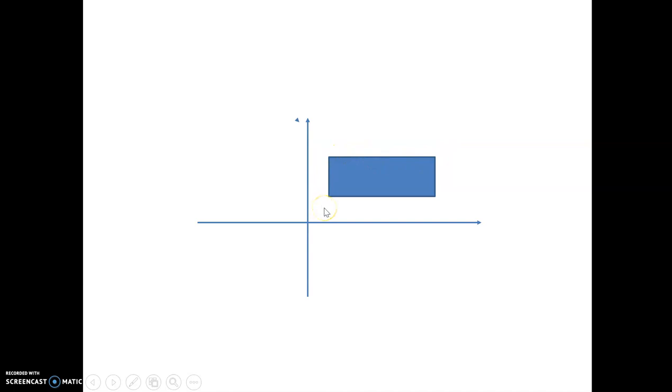The first and foremost thing is we need to tell from where we need to start constructing the rectangle. That is the point from where the construction starts, the x and the y coordinate. Once you have fixed the point, the next things to define are the width of the rectangle and the height of the rectangle. So these are the attributes required for the rectangle.